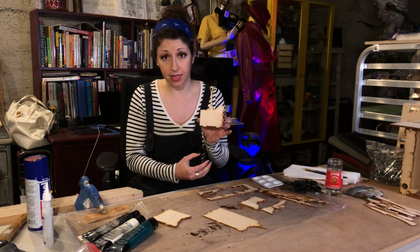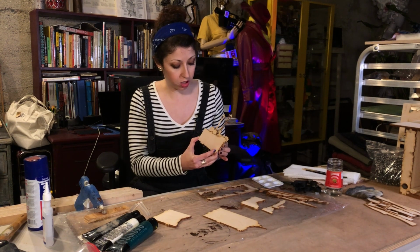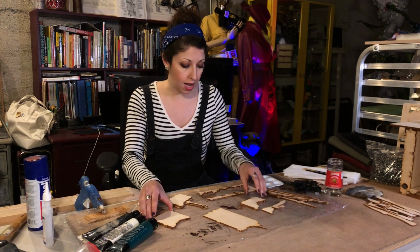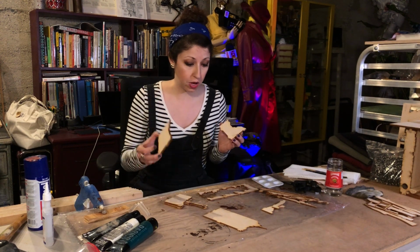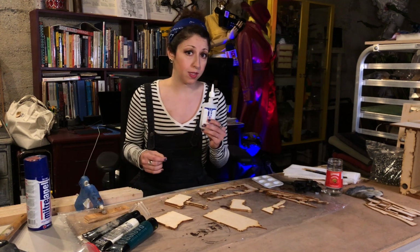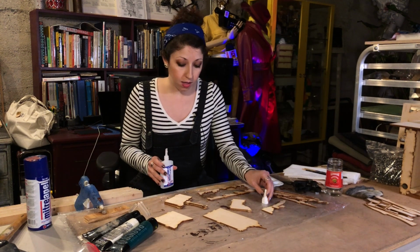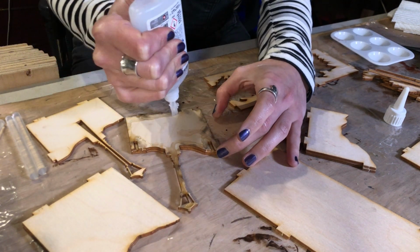A few of these are multi-layer sections. So the lamppost piece here, this is D1, 2, and 3. I've also got 2 C sections and 2 E sections for the snow. And I'm going to attach these with some super glue. This is just CA glue. So I'll line them up. I'm just going to put some glue on the back here. And then